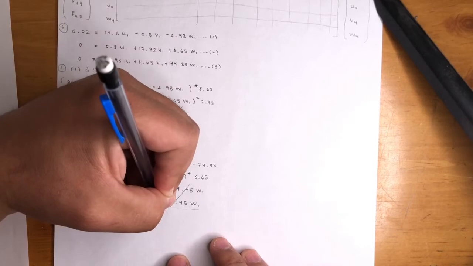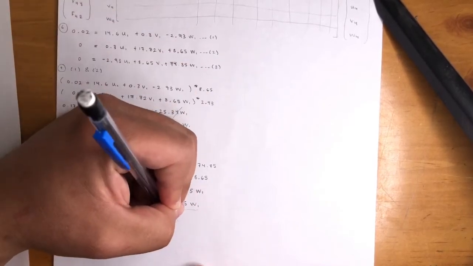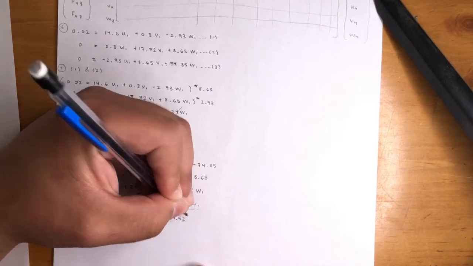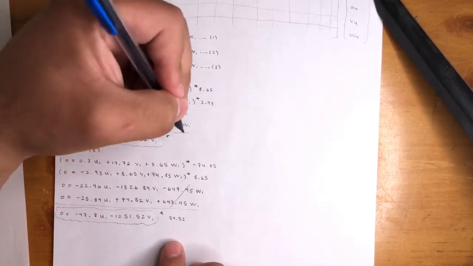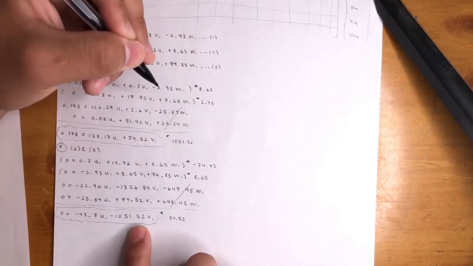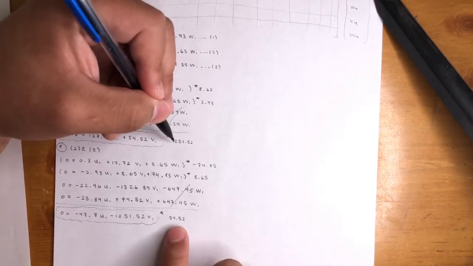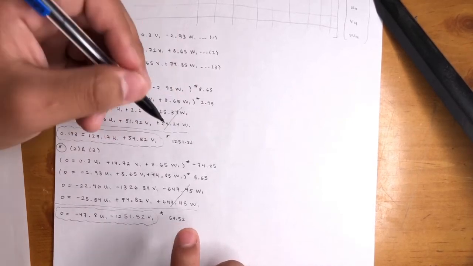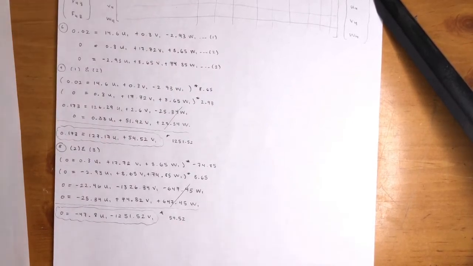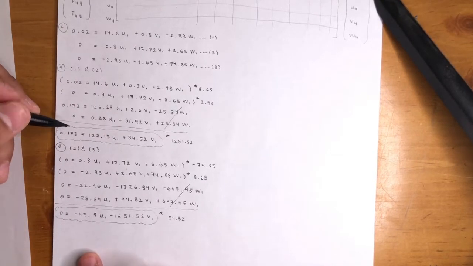We're going to multiply this and this. This one's 54.52, and the top is 1251.52. Just mix and match, okay? This one's negative, this one's positive, so that means these have to be the same sign. Okay, you can do negatives, you can do positives, just keep it positive. I don't know why you would change it up, but so yeah,